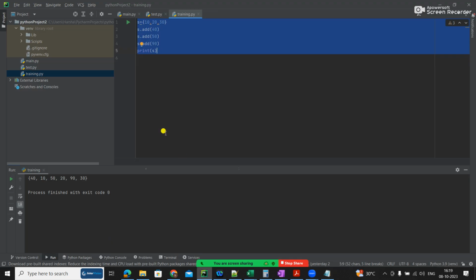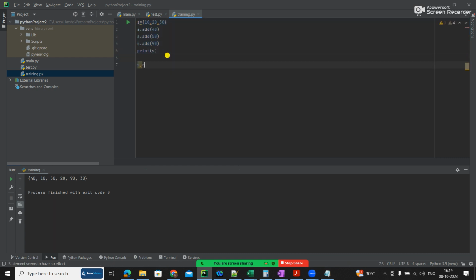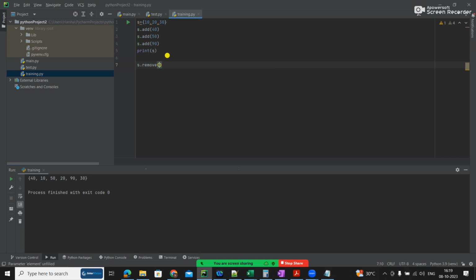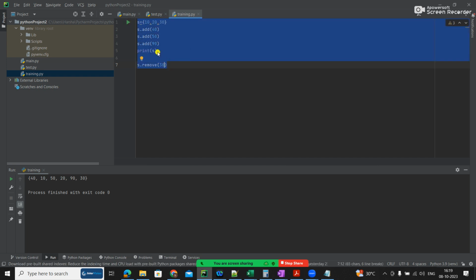Did I show remove? Remove is there in list also, right? Remove of 30, and print of s. Okay, it has removed 30.